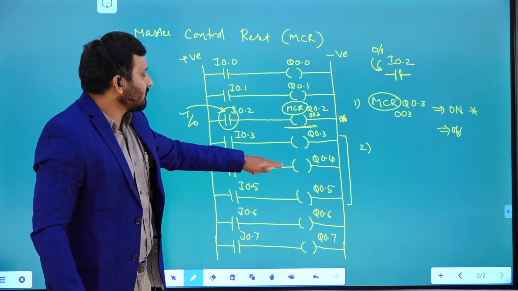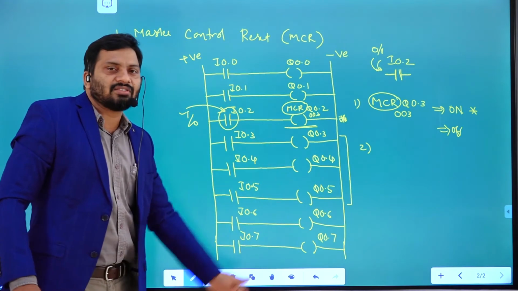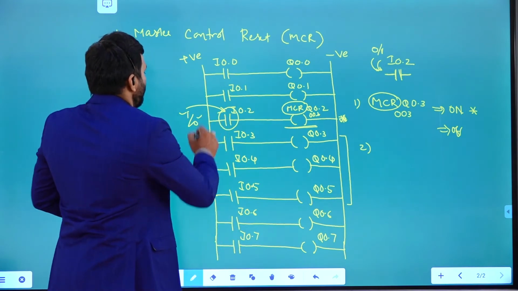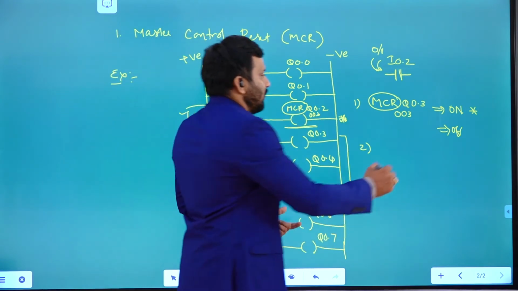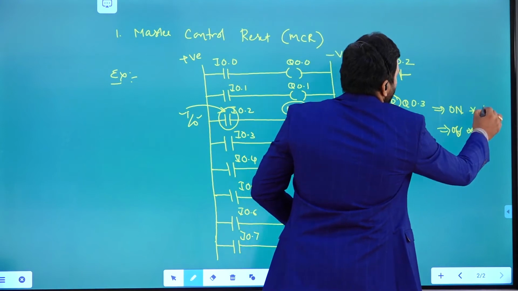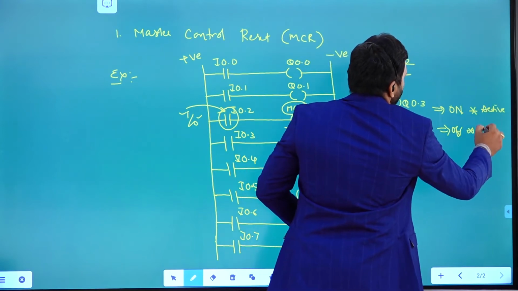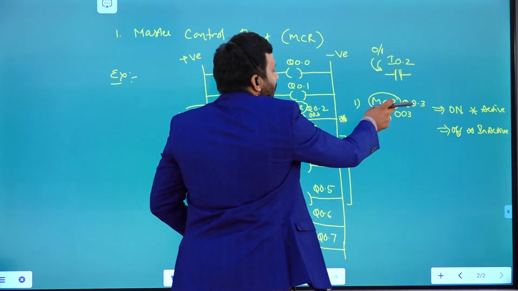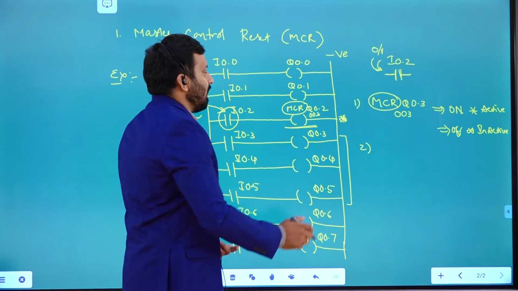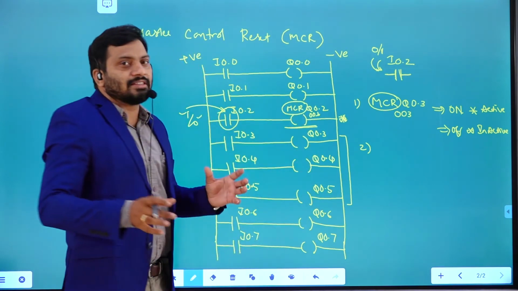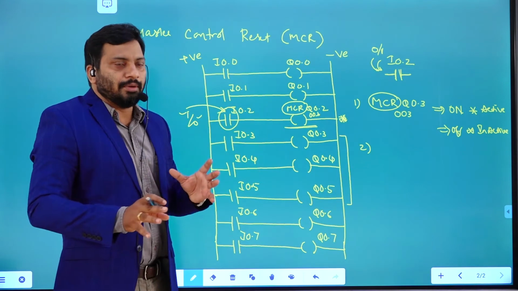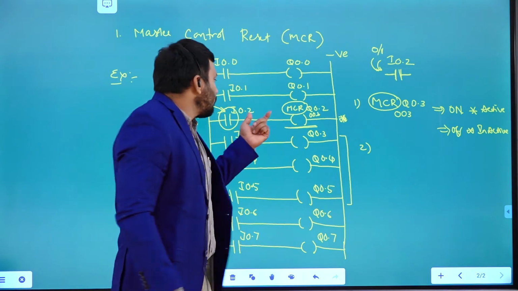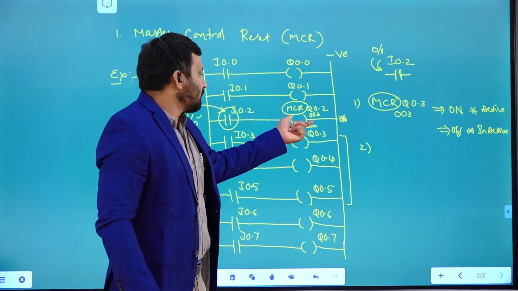Then this rung, like that, it's going to be executed, right? But if this input is off, if it is 0, this output is going to be inactive. This one is active due to the input being on, and this is inactive due to the input being off, right? So if it is off, then what will happen? This master control reset comes into the picture. Due to this master control reset, whenever this input is inactive, this is the off condition, right?